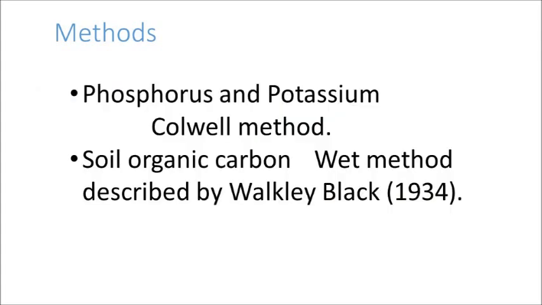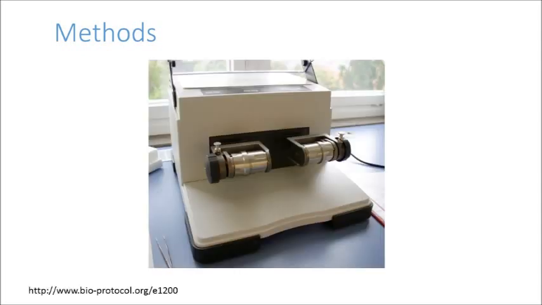For the measurement of plant available phosphorus and potassium, it is typically done using the Colwell method. And to determine soil organic carbon, for the purpose of this study, the Walkley-Black method is used. For the third objective of this study, to get the reading from the NIR machine, first samples were made